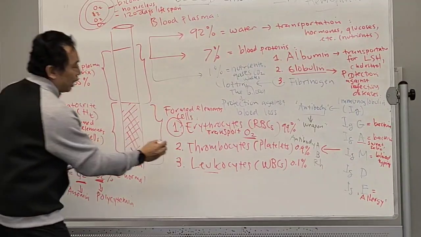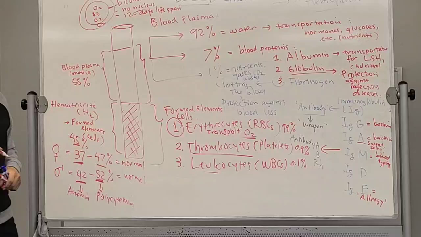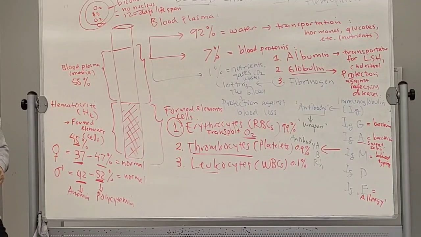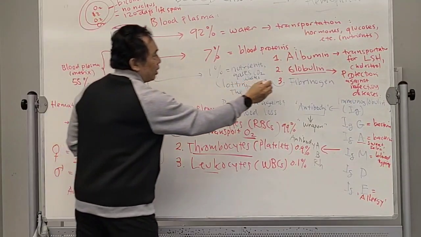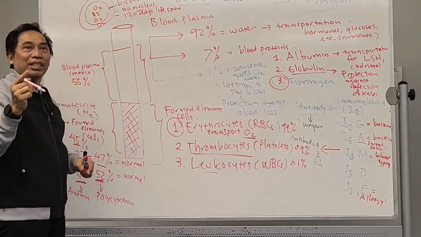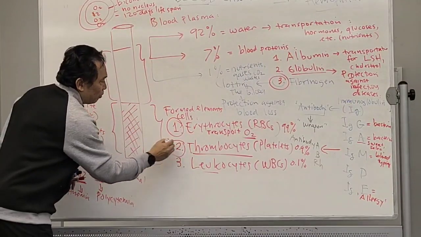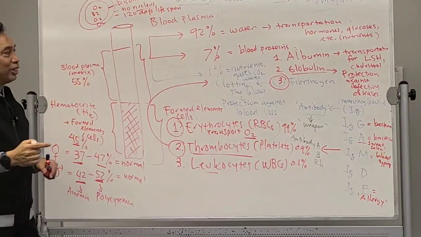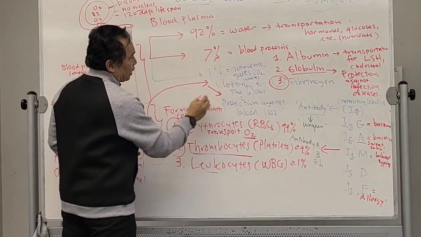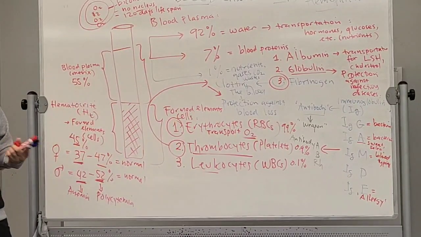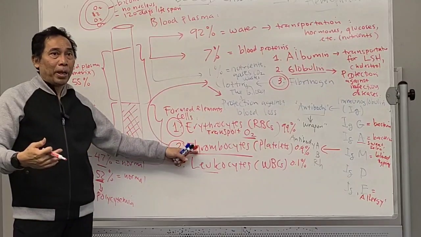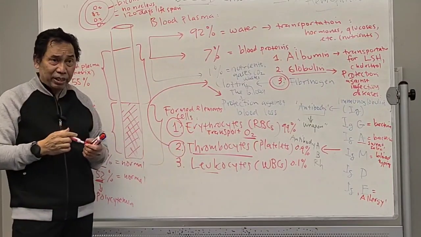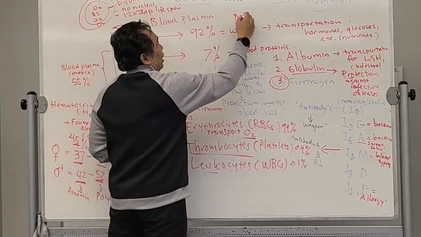Now, the second one, the thrombocyte, or platelet. What is the function of this thrombocyte? It works together with the fibrinogen to protect us against blood loss. So the thrombocyte has the same function as the fibrinogen. Fibrinogen and thrombocytes protect us against blood loss. They will clot, they will agglutinate our blood in case we are bleeding, for example. Some people that don't have enough thrombocytes will also bleed easily. Has anybody heard about this disease?